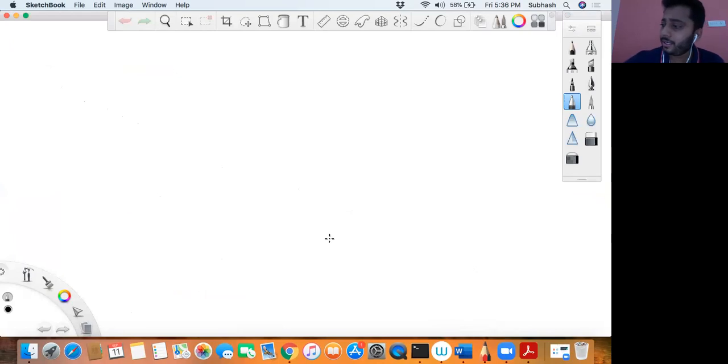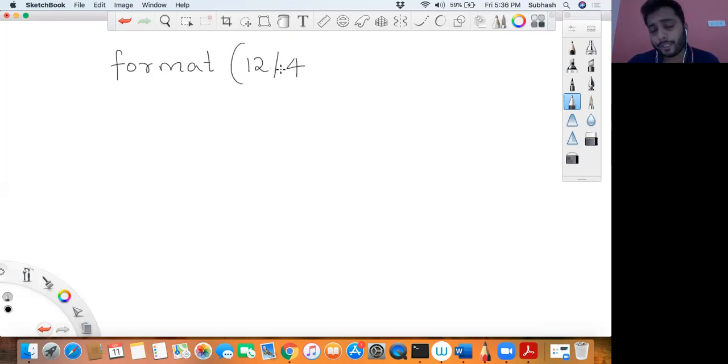On the screen I am writing a format function, and I'll tell you how it works. This is your format function, and I would give it one number, some calculation. For example, I would say 12 divided by 4. This is the number that I'll have to represent. 12 divided by 4 will give me a result, and the result must be formatted in a specific format. The way it has to be formatted is given as a second parameter to this format function. So within a string in double quotes, I would say 0.2f.